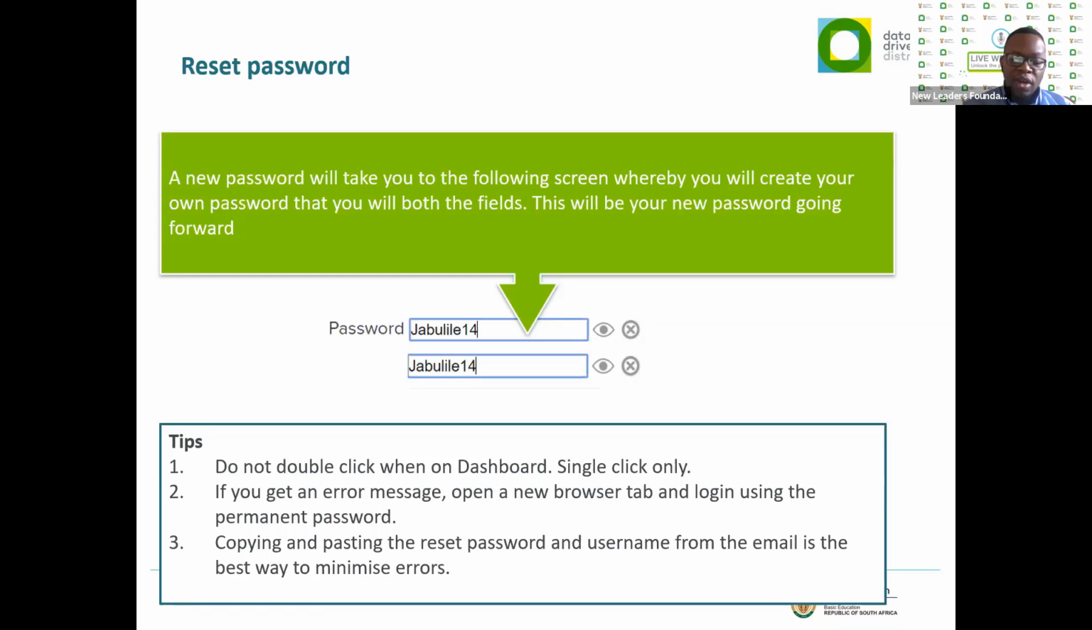Number 2, if you get an error message, open a new browser tab and log in using the permanent password. Let me just explain that one for a second. So you've put in your temporary password. It's taken you to this page. You've put in the password that you like, and you have put it in again to make sure that it's